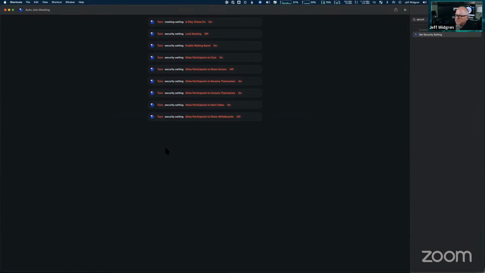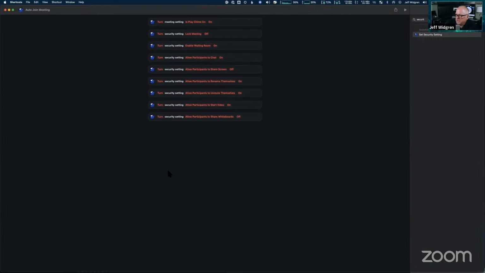Enable waiting room, I'm going to turn that off because the shortcut's going to turn it on. Now, I will say, out of those security setting options, Q&A is not in there, and it is under the security icon of the Zoom toolbar. At my first glance, I didn't see anything about Q&A, so that doesn't look controllable.